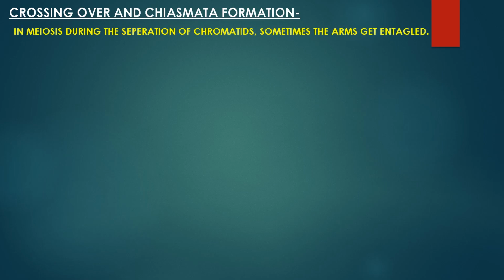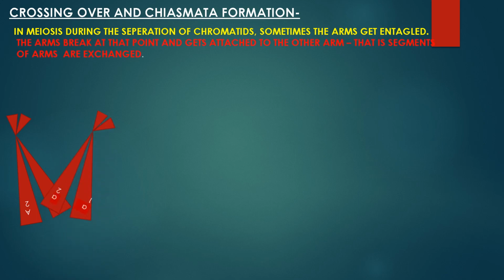Meiosis is a complicated process and takes place in 2 steps. So we are not going to learn it now. We are going to find out one important phenomenon which happens during meiosis. That's crossing over and chiasmata formation. Now we have been learning about one pair of chromosomes, capital A and small a. Both are homologous chromosomes. The arms formed from capital A, that is capital A1 and A2, they are sister chromatids. Similarly, the arms formed from small a1, small a2, they are sister chromatids.